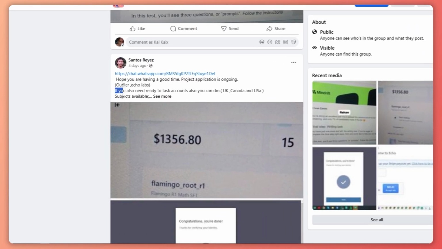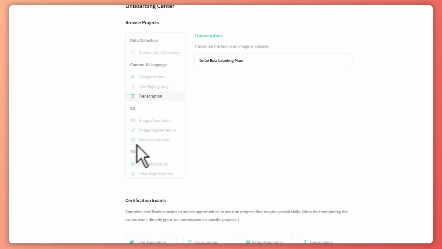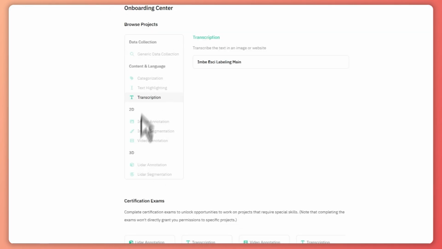So as you can see, it says, if you also need ready to task accounts, also you can DM this guy, and then he would provide you the task right here. Most of it are in 2D or 3D category based on my experience. So this is a really fast way to start working with a 2D and 3D instead of building it up